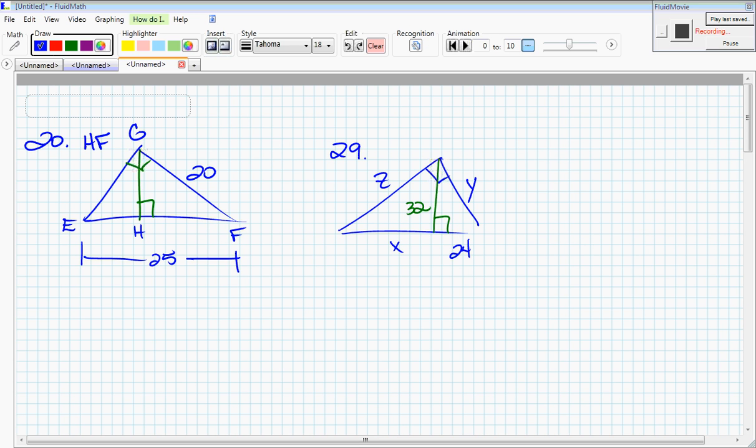Okay, to solve questions 20 and 29. On question 20, we're looking for the length of HF. If you look at what we've been given, the length of a leg of this right triangle. So again, we go back to theorem 9.3 that says the length of each leg of the right triangle,